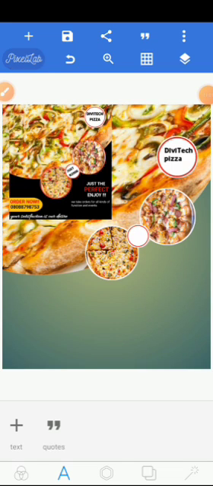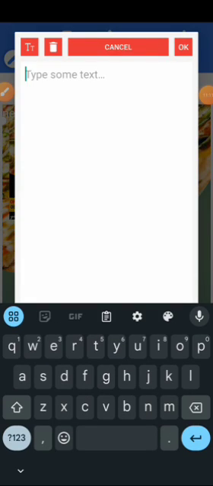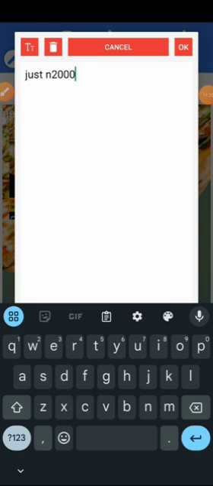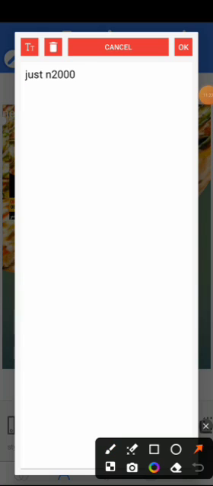Alright, so let me add the text, which is just 2,000 naira. So you go to your text, just 2,000 naira. So let's make this on capital letter, which is very simple. Just click on this. Alright,